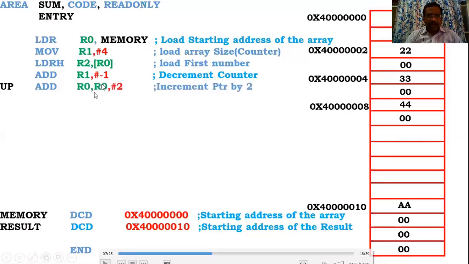That means you are adding 2 to R0 and the result is stored in R0, incrementing the pointer by 2. Why? Because in the array you have 16-bit numbers, and 16-bit numbers mean you have to increment the pointer by 2. And next, you should add the content to the register.